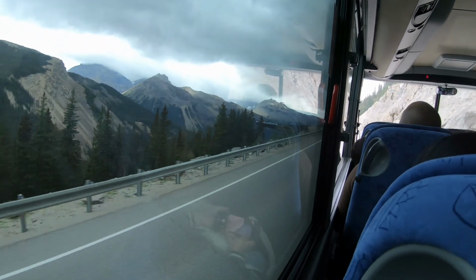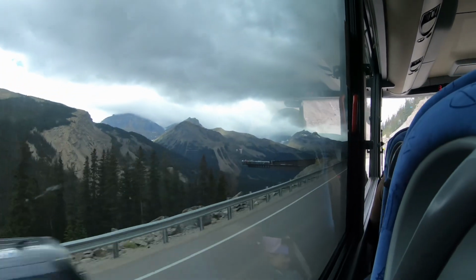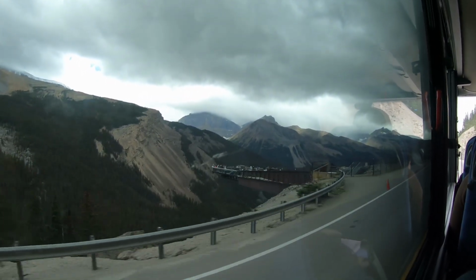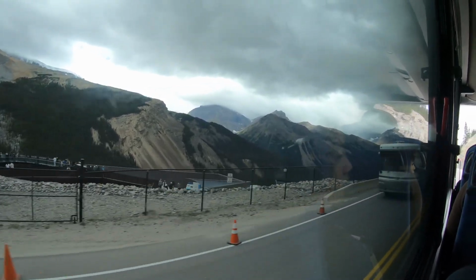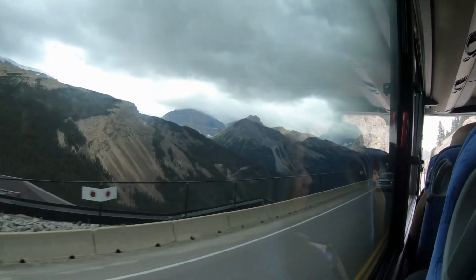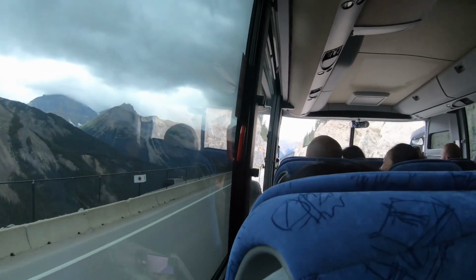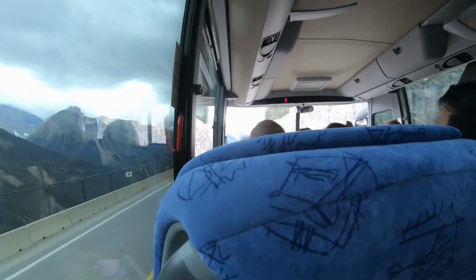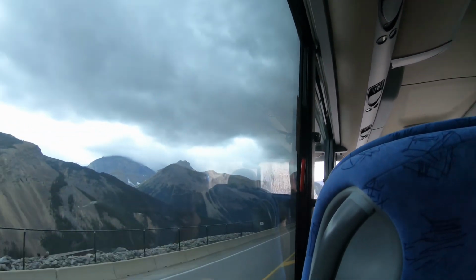Now the buses will take you back to the center every 15 minutes, but you guys are welcome to spend as much or as little time as you'd like out on the Skywalk today. They also offer a guided tour, which is a great chance to learn a little bit more about this area and the animals that are living in it. Good chance to get